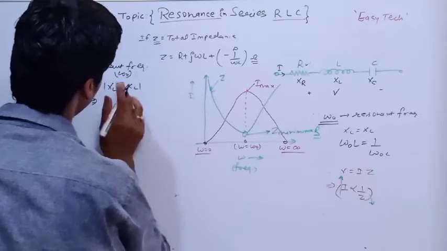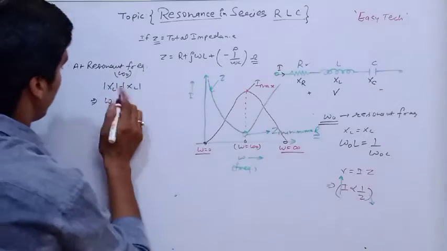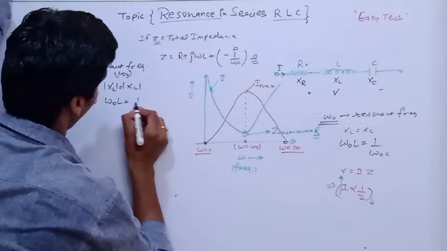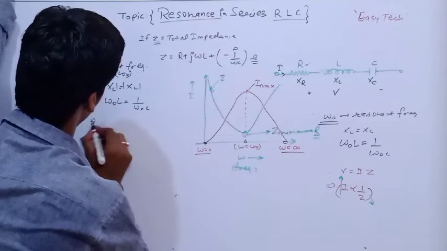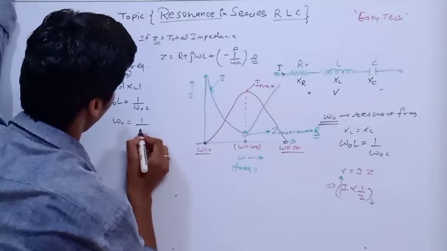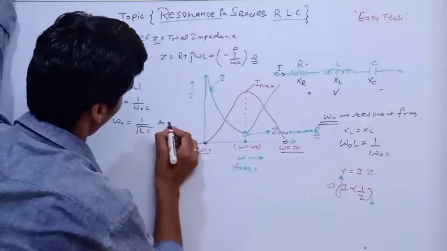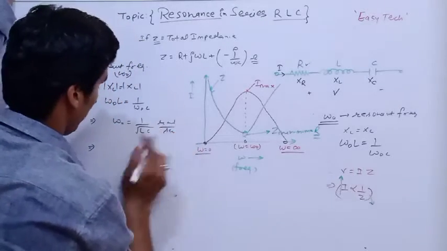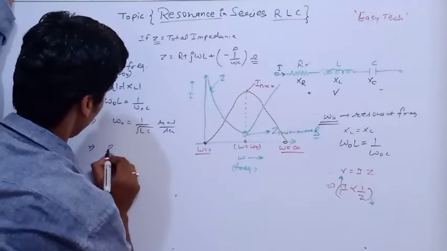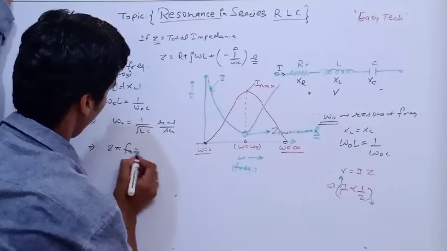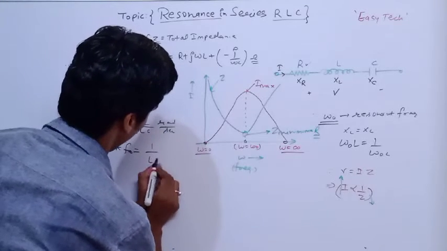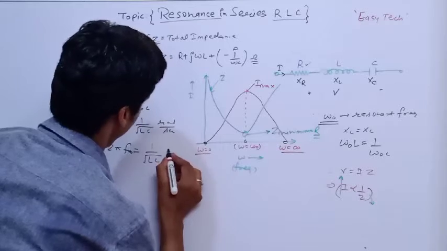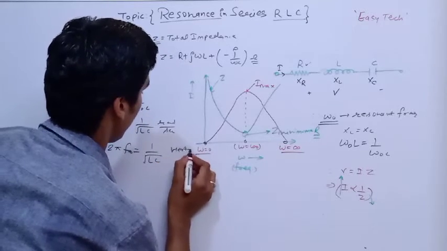Okay, now the value of XL will be equivalent to omega naught L and the value of XC will be 1 upon omega C. So here the value of omega naught will be equivalent to 1 upon root of LC. It will be in radian per second, and if you want to take this reading in hertz, then you have to consider this as 2 pi f naught, and it will be equivalent to 1 upon root LC.